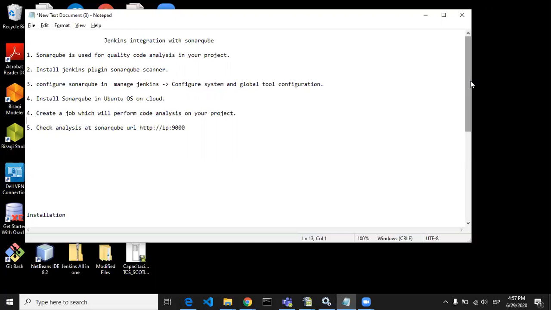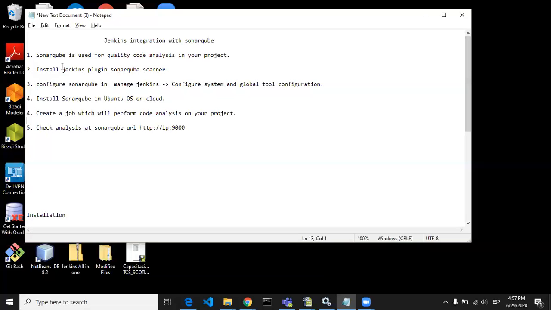Maintain your code quality so that you have a better SonarQube rank in your application while having any audit in your projects. So without much ado, let's start on how to integrate it.